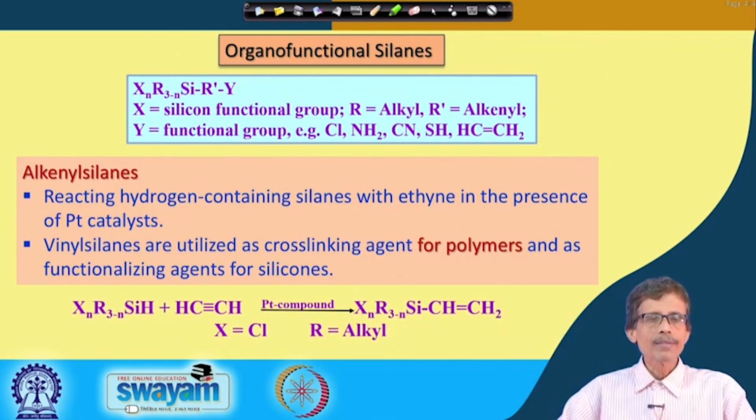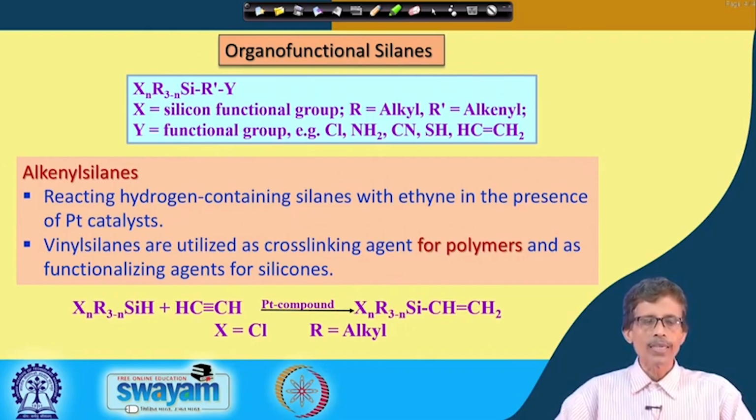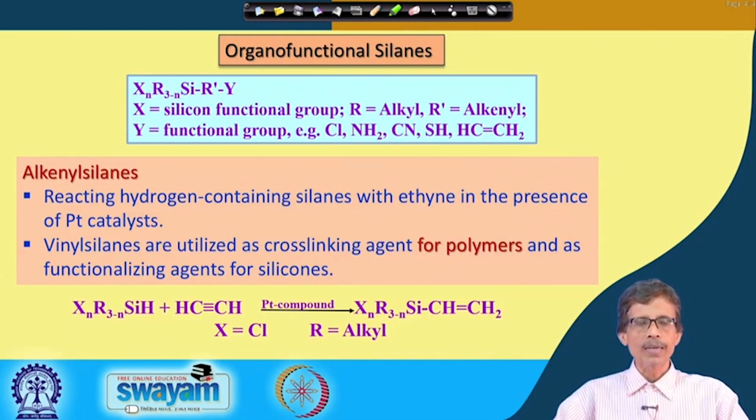So X is in your hand, R is in your hand, SiH groups are there, so that you can introduce Y as some other group. If we try to have Y as the alkene function, that means CH double bonded CH, you use acetylene directly. Again a platinum based catalyst or platinum based compound will be useful for this direct conversion. Your silicon will be attached to that acetylenic function,